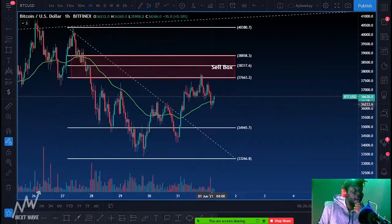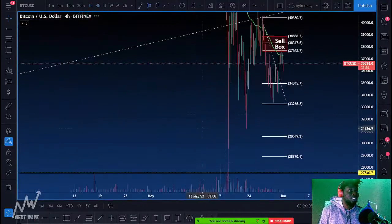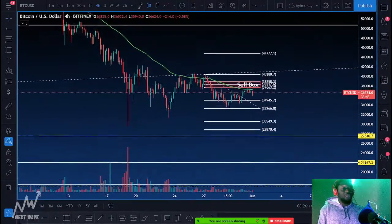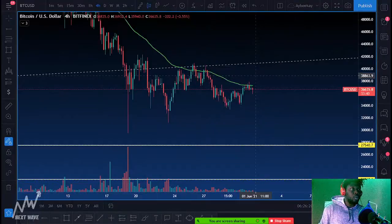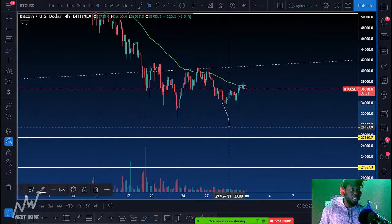So I'm kind of interested to see what Bitcoin's going to do. I still want to see, like Peyton said, he still wants to see that accumulation happen. Although this could be, sorry, I can't breathe that well through my nose. But this could really be one of those Wyckoff accumulation patterns where price doesn't make that test all the way down here. It could definitely be that,